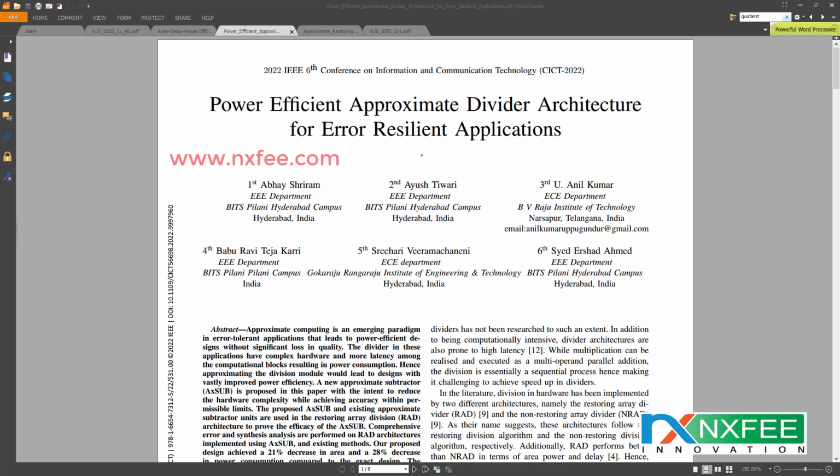In order to demonstrate the usefulness of the AxSUB, both the proposed approximate subtraction and current approximate subtraction units are included into the restoring array division, that is RAD, architecture. The effectiveness of the proposed designs of AxSUB 8 by 4 and AxSUB 16 by 8 was